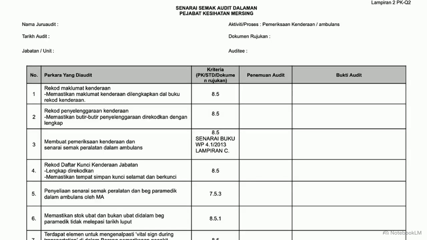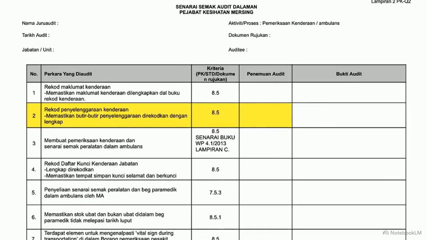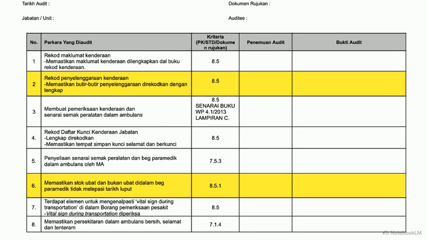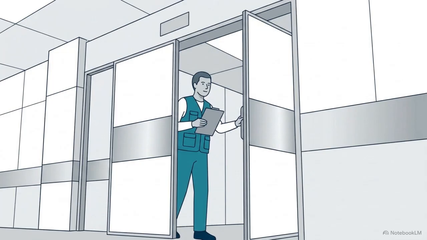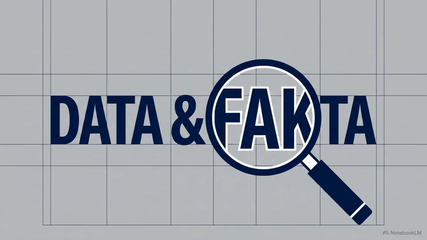The checklist translates abstract ISO standards into practical, on-the-ground questions. For example, this filled-out ambulance inspection checklist shows exactly what to look for, right down to verifying the vehicle's maintenance records and the expiration dates of the medical supplies. With the checklist in hand, the auditor heads into the field for the core task: gathering audit evidence, or audit